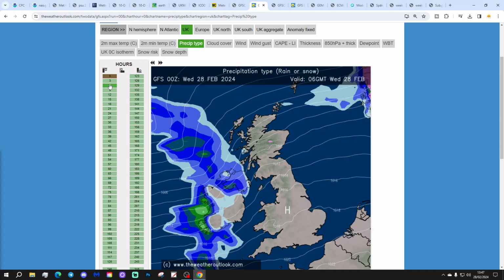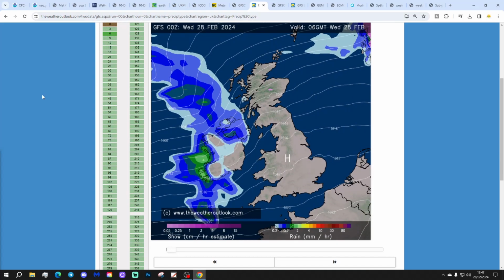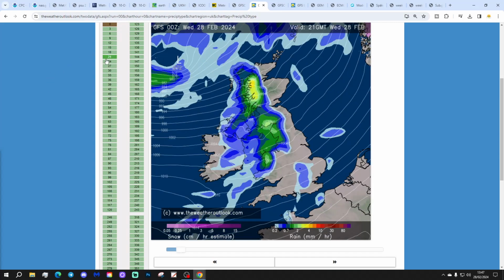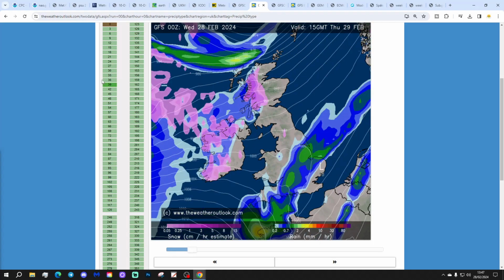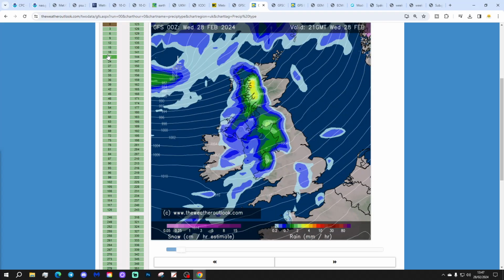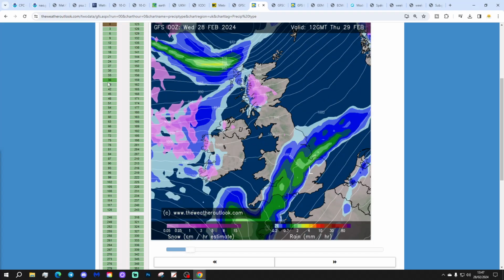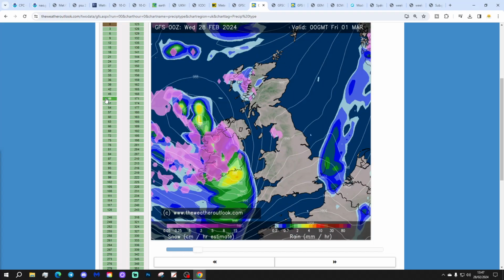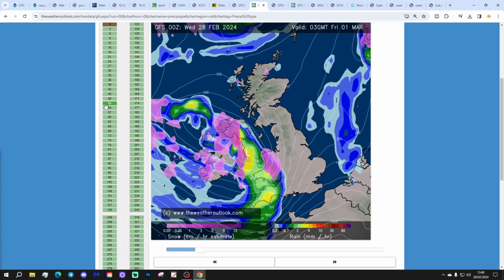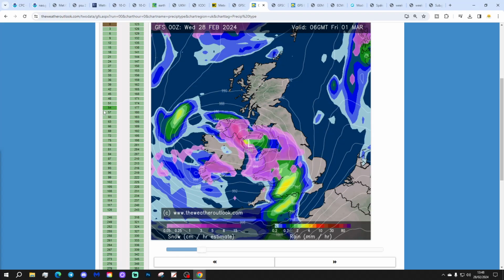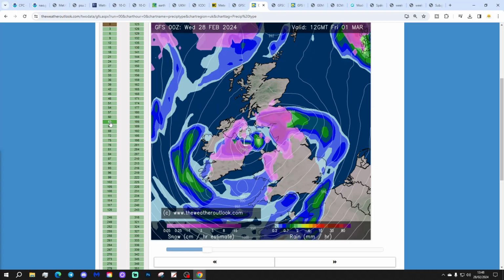Right, okay, so this is the precipitation forecast based on that GFS midnight run. Just have a quick look at the wind shear potential for Friday. So we've got a very wet day to come tomorrow across the south and the southeast with that area of wet weather. That finally gets out of the way overnight Thursday to Friday, and then on Friday we start to bring in this next system, and that's one that brings rain to the south, but potentially a little bit of snow into Wales, northern England and also Northern Ireland. I said we might do a snow watch, I might squeeze in a little snow watch tomorrow evening.